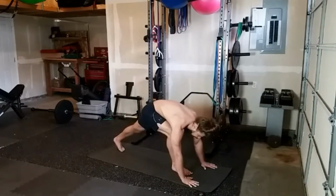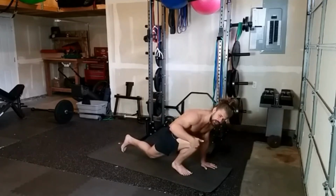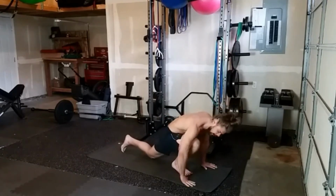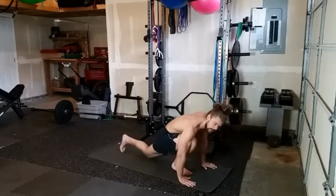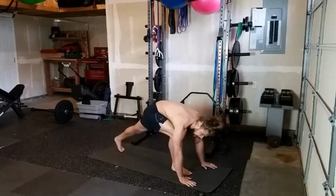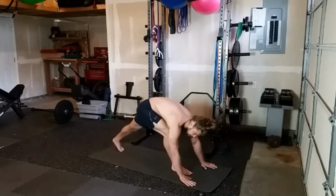I like to come back a little bit here. If we come forward, the heel comes off the ground and we load the crap out of this knee, okay? Make sure that the knee doesn't shift forward as you step forward. I'd rather have your knee go back and your hips go up like you're doing a hip lift, because now